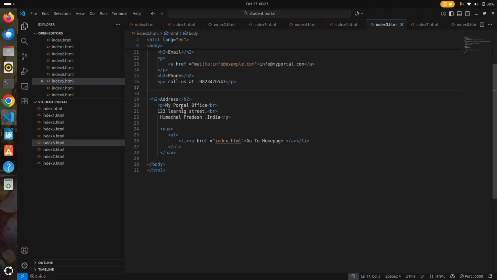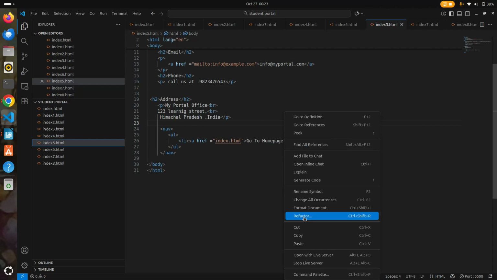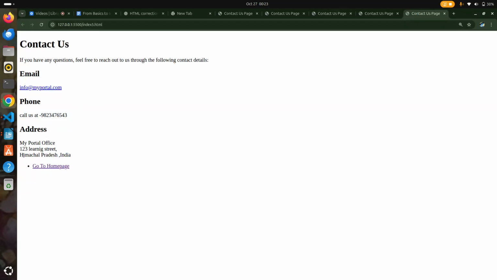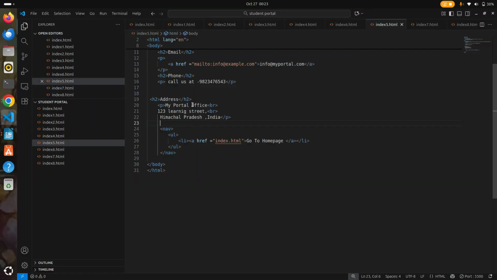For the best readability, break the address into multiple lines using BR tags or list items. How I did this is like this. So it will be best for readability. Now you can easily read that my portal office, 123 Learning Street, Himachal Pradesh, India. And you can also use the address tag instead of using that for better